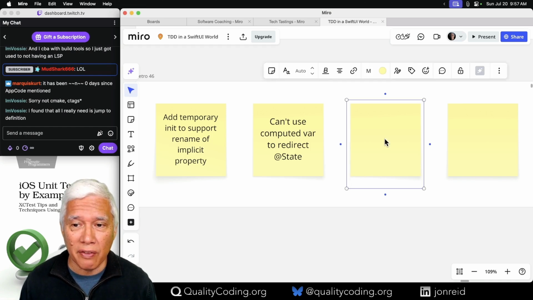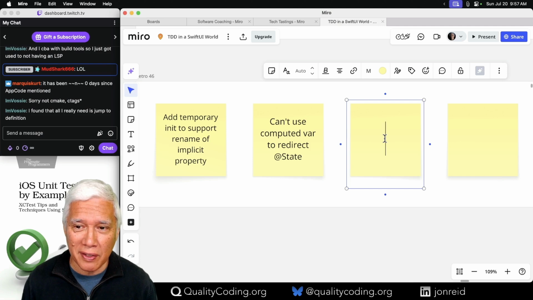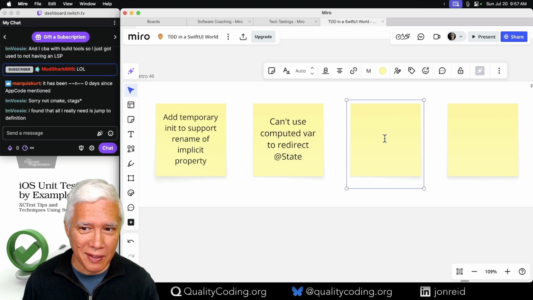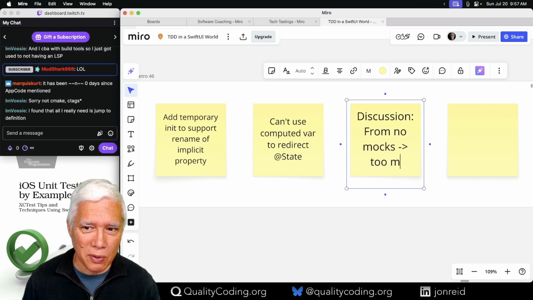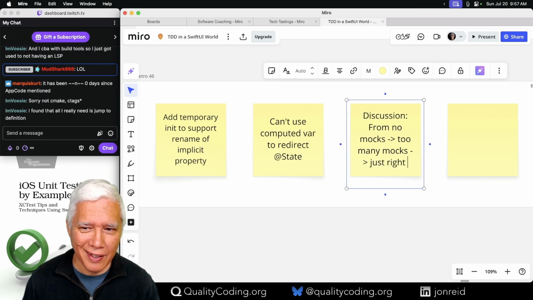What else? We have had good discussions about TDD in general. Oh, we talked about overplaying mocks. From no mocks to too many mocks to just right. I guess it's Goldilocks, right?